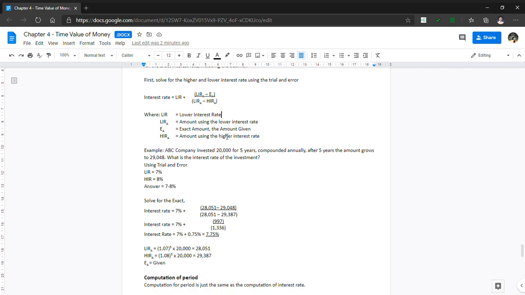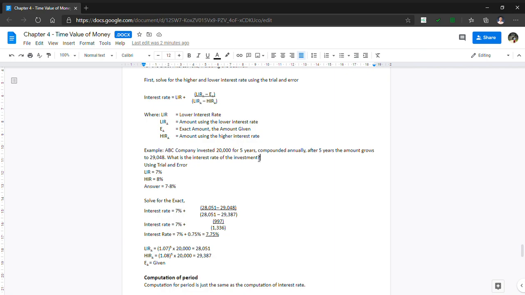So, ABC company invested 20,000 for 5 years, compounded annually. After 5 years, the amount grows to 29,048. What is the interest rate of the investment? So, meron tayong 20,000, tapos after 5 years, ang amount ng investment is 29,048, right? So, in order to compute for the interest rate, we need to use trial and error to get